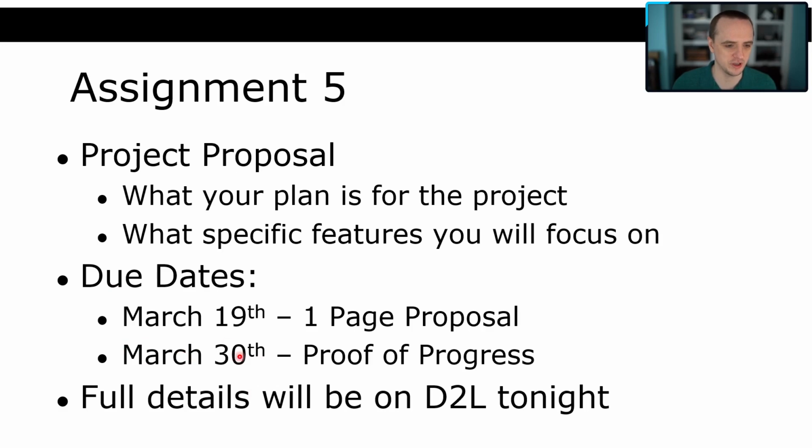And then on March 30th, so 2 weeks from today, you're going to be submitting some sort of proof of progress, okay? So this is what we have so far. So far, we are able to get to the point where we are building the Hydralisks, right? Or we have built the Spire and a Mutalisk comes out. Or we've gotten a siege tank produced. Or we are able to effectively scout our opponent and harass their workers, or something like that, right? And I will include in the D2L post a bunch of examples of project proposals and a bunch of examples of specific features.